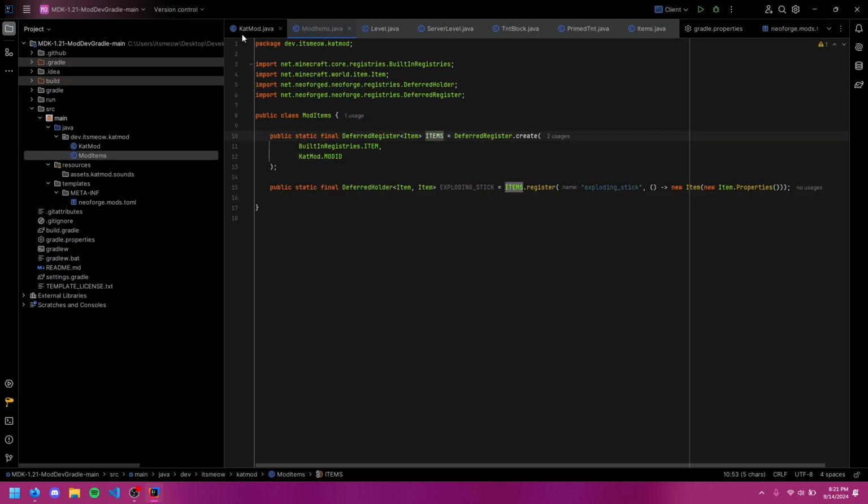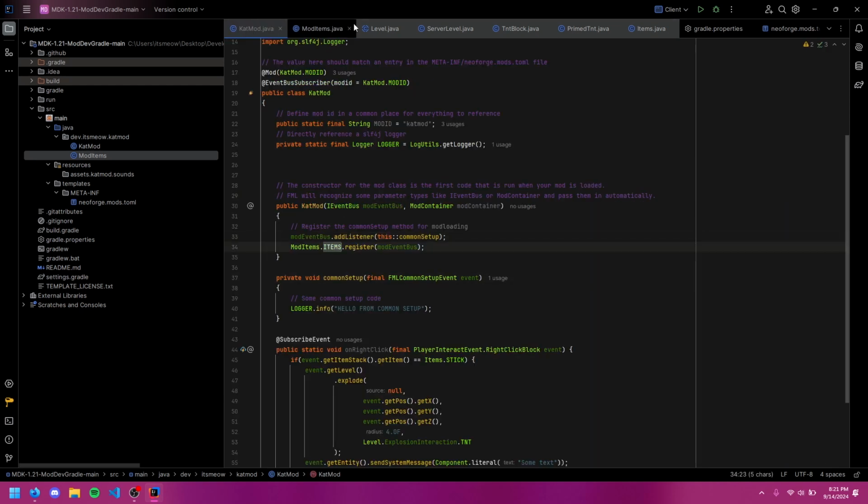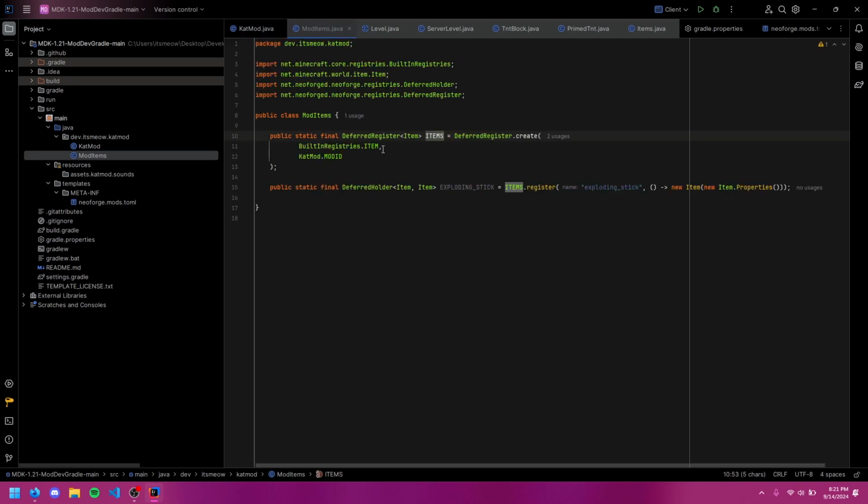So the flow of things here is the event bus is given to the deferred register. The deferred register has a mod ID and then what actual registry it's supposed to register to, as well as the events now. And then you register stuff to this deferred register, which describes how to create instances of stuff. And then when it's time for the registry event to actually occur, the deferred register takes all your things that you gave to it to register later. It actually constructs them, so it runs all these little lambdas here, and then puts them inside the registry that you specified right here. And then this actual variable here will then be populated with a reference to the item